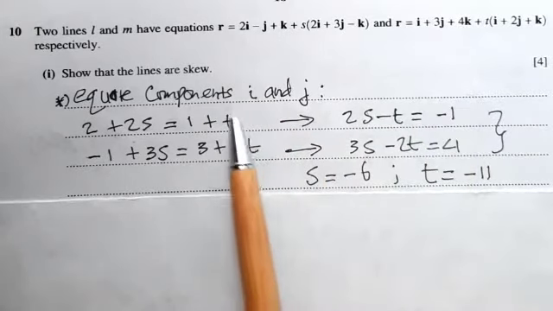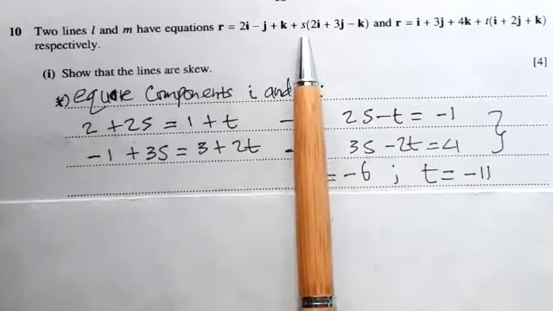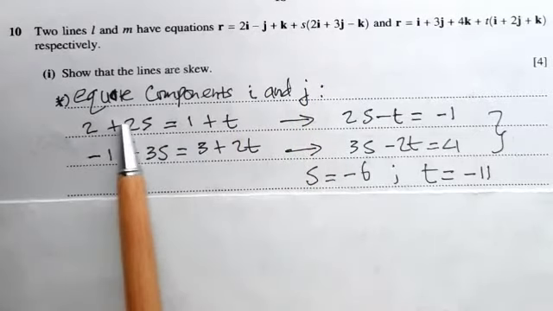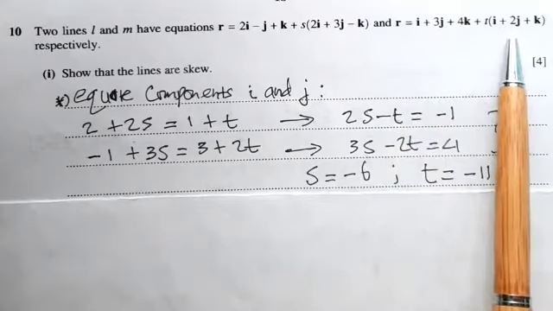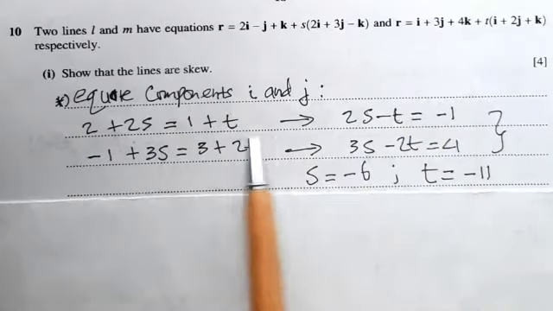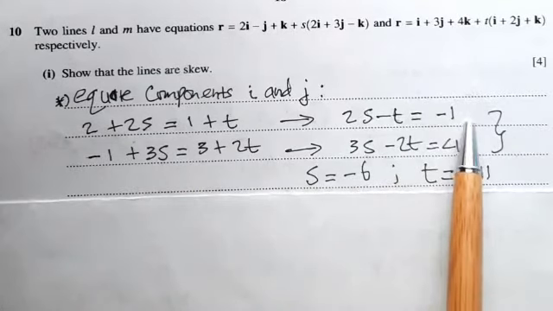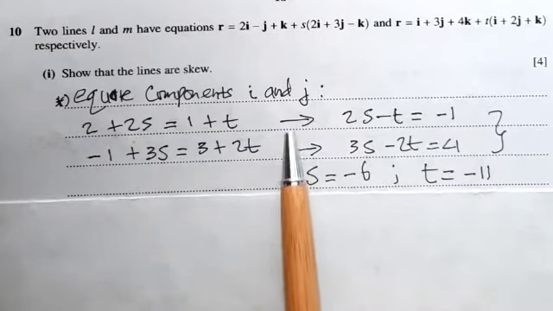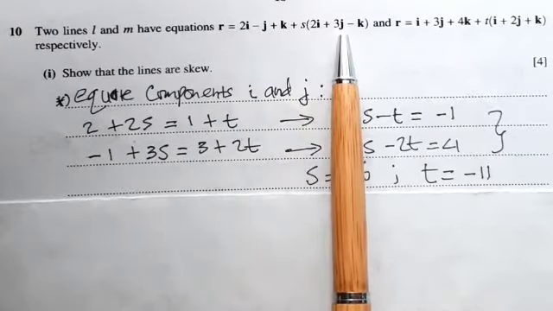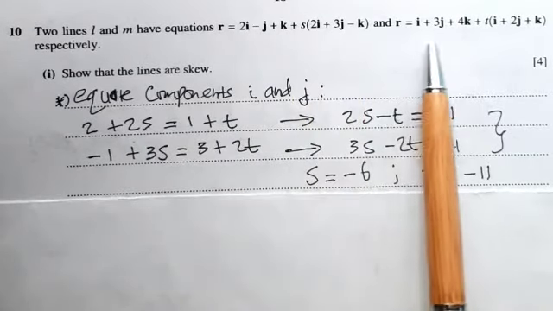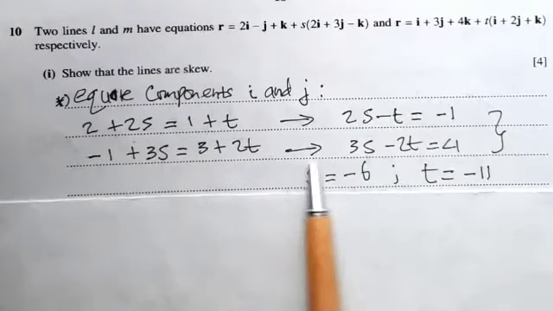Thus we equate first the i component: 2 plus 2s equals 1 plus t, thus 2s minus t equals minus 1. And we equate the j component: minus 1 plus 3s equals 3 plus 2t,